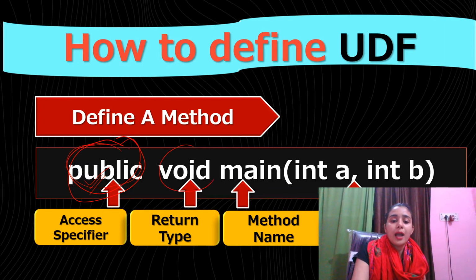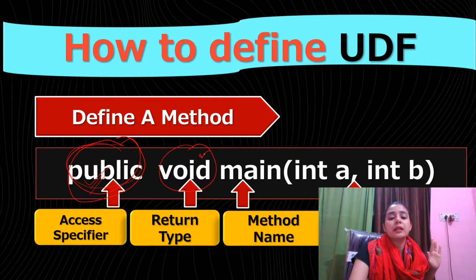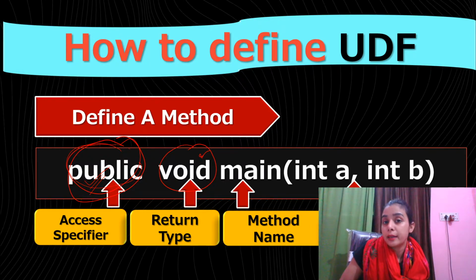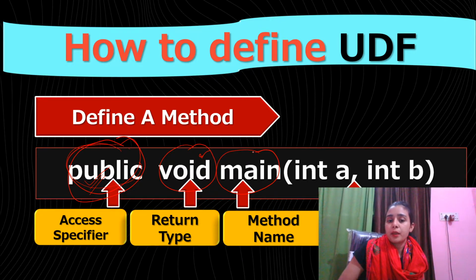Next, we have to give the return type of a function. Each and every function is going to return something. If it does not, then you have to put the keyword void. That means this function is not returning anything. Void means empty. Next, this is just the name of my function. Usually you are using the main function and you are giving the name main. That is my main method.